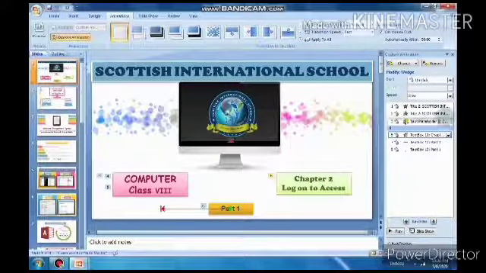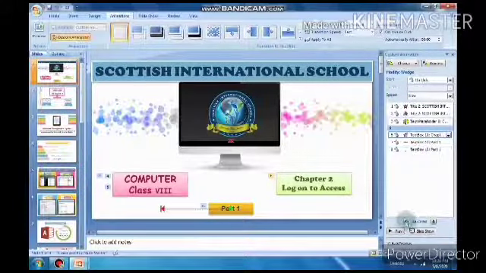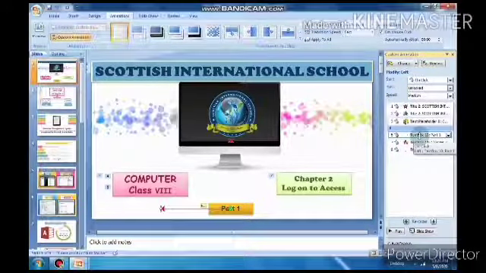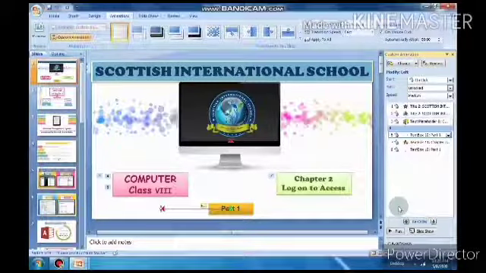Now if you want to change the order of these animation effects, you can change it from the Reorder button. Look here, I am changing 7. Now look, it is shifted. Like this you can change the order of it. So the animation effect is applied on the text or objects.